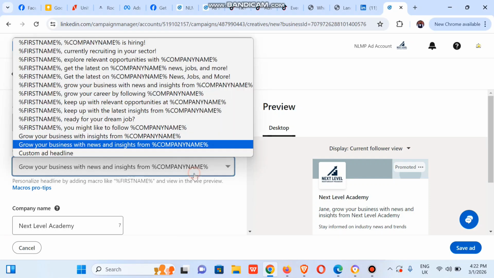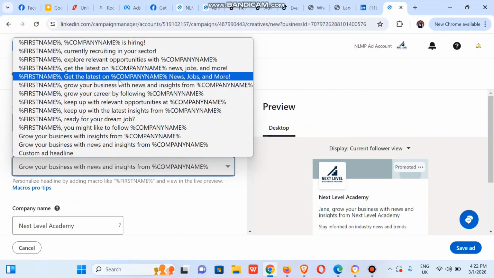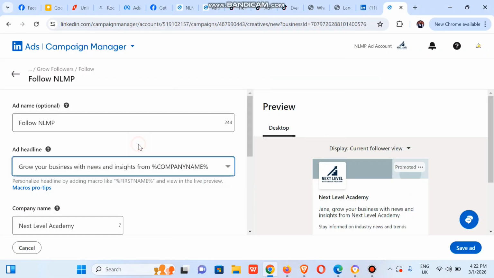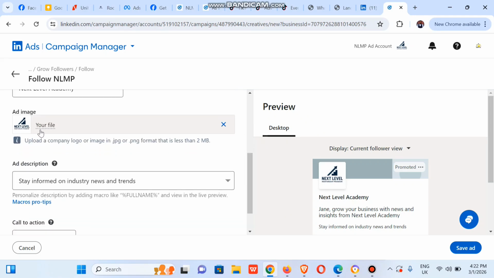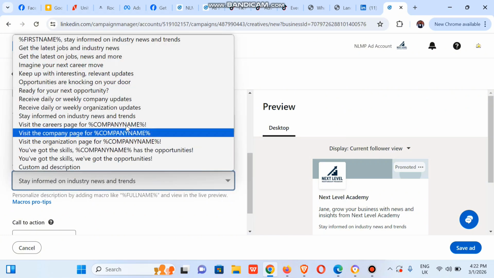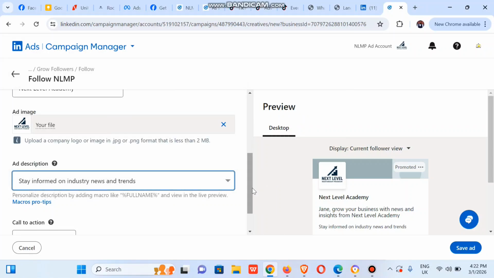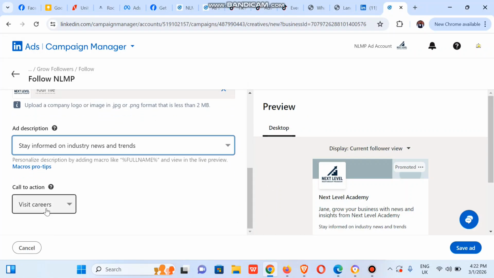This is kind of automated, so you could select any of these options. I'm going for this one. This is a company, and our company logo is already there. You could also upload if you want. This is recommended, so we're also going to use this, making it easy for us. Then the call to action is